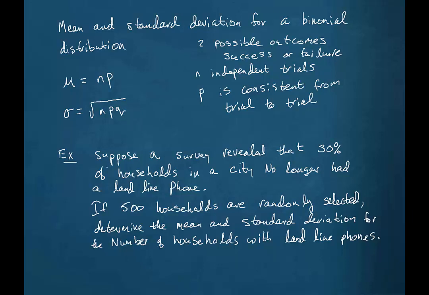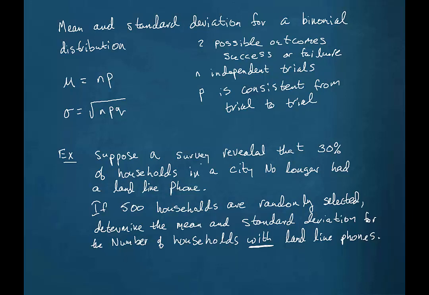Suppose a survey revealed that 30% of households in a city no longer had a landline phone. If 500 households are randomly selected, determine the mean and standard deviation for the number of households with landline phones. Now, there's a couple of things we want to pay attention to here. This question is asking us for the mean and standard deviation for the number of households with